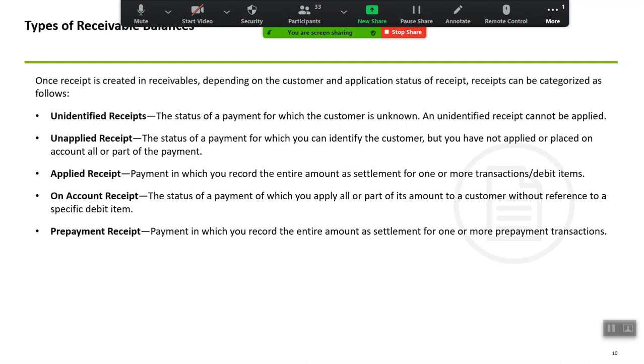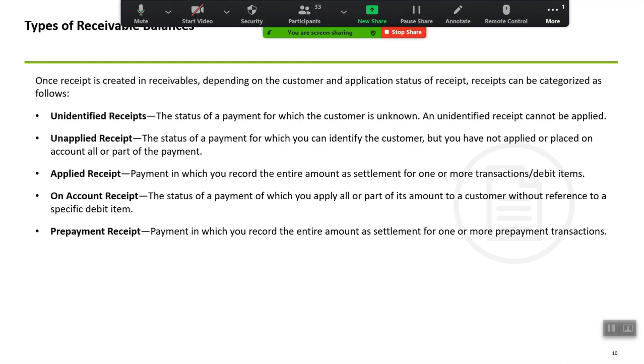But the status of the receipt would be your $100 would get applied, which means that your invoice is closed now. Balance $40 would stay as unapplied. So within a particular receipt, you would see two lines there. $100 would be applied, and still that receipt would not be closed.